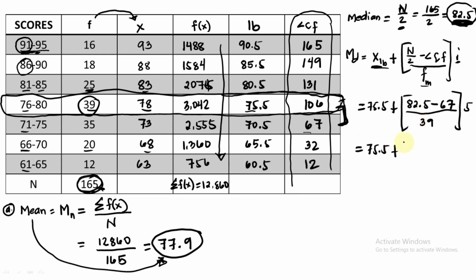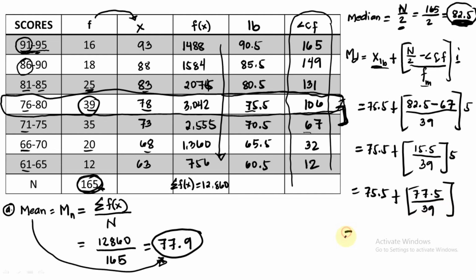plus 82.5 minus 67, that is 15.5. Okay, 15.5 over 39 times 5 equals 75.5 plus, multiply natin ito, 15.5 times 5, so that is 77.5 over 39 equals